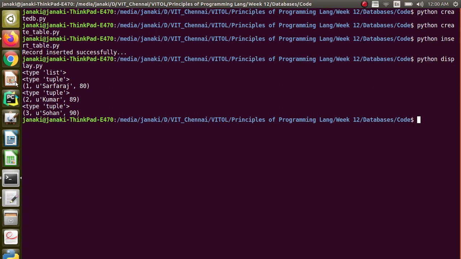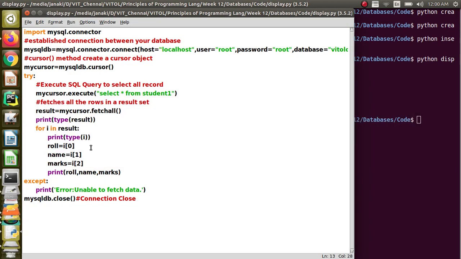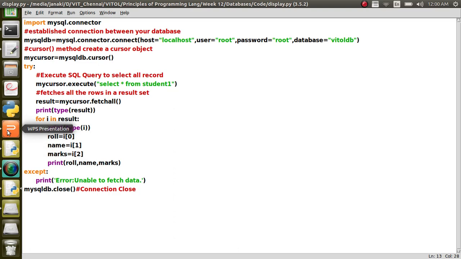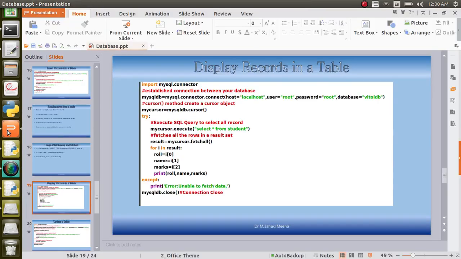You can see that it first prints list, then tuple, and the corresponding values. The second time it also prints tuple, because there are 3 rows and I put the printing of the data type inside the loop, so it is printed 3 times. So it is clear that the result set will be a list of tuples.